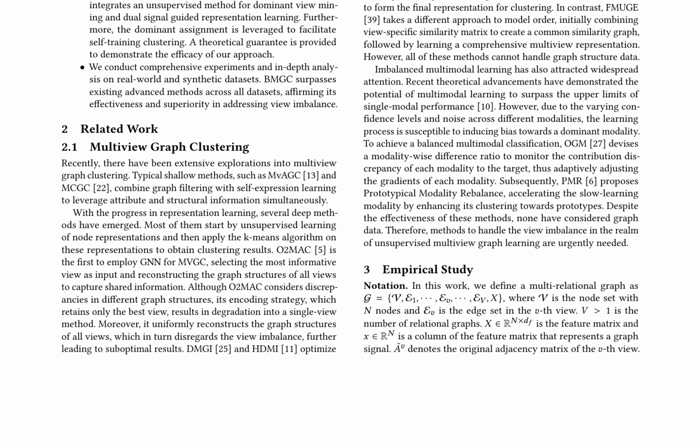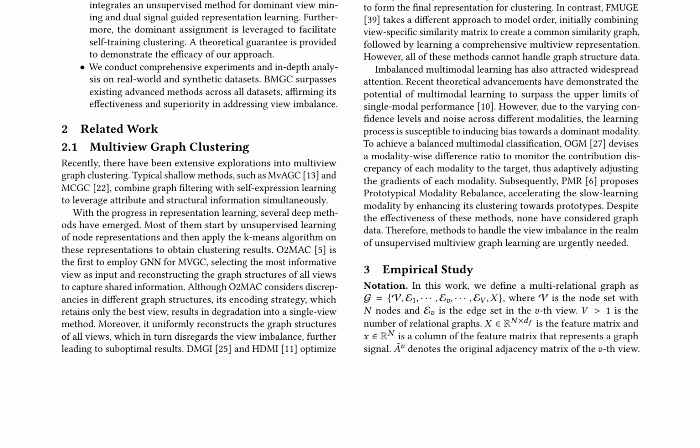to graph structure data. The notation section defines a multi-relational graph as G equals V, E_1, ..., E_V, X, where V is the node set, E_V is the edge set in the V-th view, and X is the feature matrix. The authors introduce the concept of adjacency matrix A_V for each view. Overall, the authors propose a novel approach to address view imbalance in multi-relational graphs, providing a comprehensive solution for unsupervised